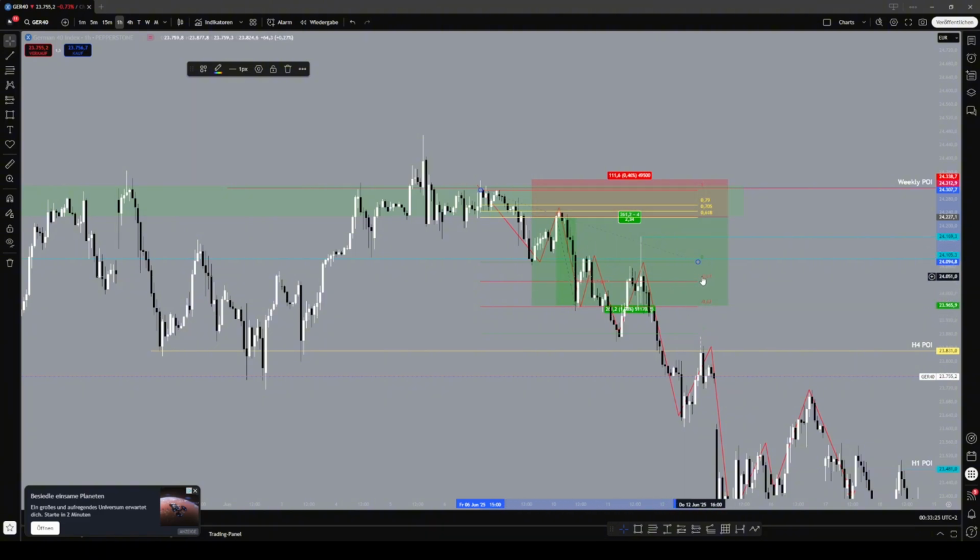I have the minus 0.27 and the minus 0.62, but you can also use the minus 0.618, and then you can see the price initially reversed at our entry point and then extended further down to the minus